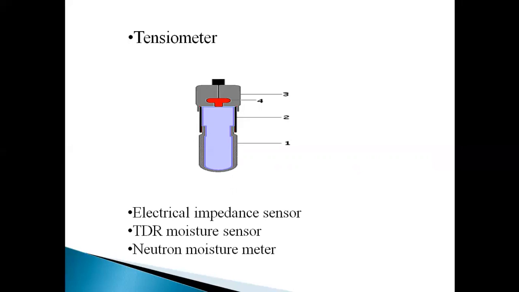Next sensor is the neutron moisture meter. A neutron moisture meter is a moisture meter utilizing neutron scattering. The meters are most frequently used to measure the water content in soil or rock. The technique is non-destructive and is sensitive to moisture in the bulk of the target material, not just at the surface. Water, due to its hydrogen content, is an effective neutron moderator, slowing high energy neutrons. With a source of high energy neutrons and a detector sensitive to low energy neutrons, the detection rate will be governed by the water content of the soil between the source and the detector.